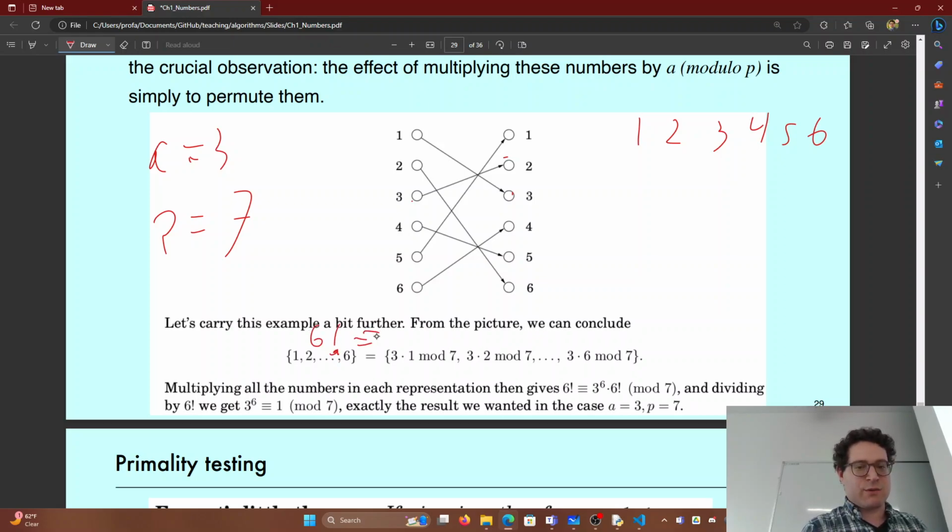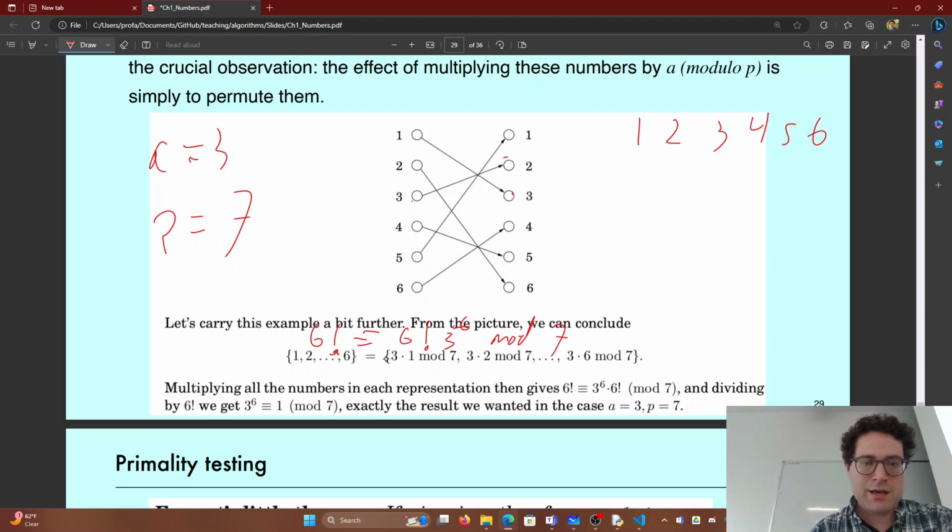And because we're dealing with modulus, we're going to write congruence rather than equal to. So 3 times 1 mod 7 times 3 times 2 mod 7 times 3 times 3 mod 7 times 3 times 4 mod 7. So we've got 6 factorial, and we've got 6 3's multiplied together, 3 to the 6th,